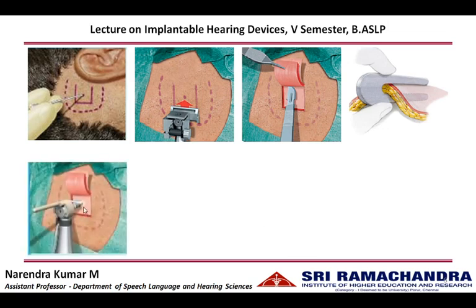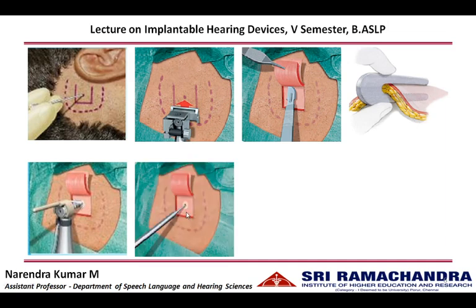Then the implantation site is drilled. The cortical bone is drilled to 3 mm or 4 mm depending upon the thickness of the skull bone, as measured using a high resolution CT scan. A seeker is used to measure whether sufficient depth is drilled. The seeker can also be used to feel the dura under the skull bone. Caution has to be taken that the dural layer should not be damaged.